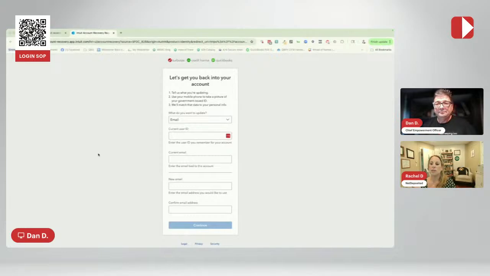What if on your ProAdvisor profile you put, to prevent fraud, if you are interested in my services, please reach out to me at this email address, and it's not your Intuit login email address at all.